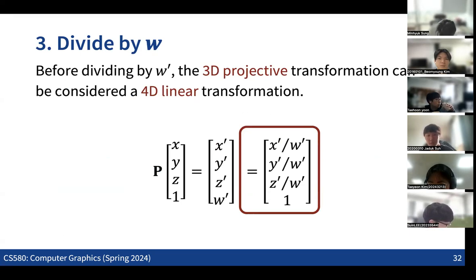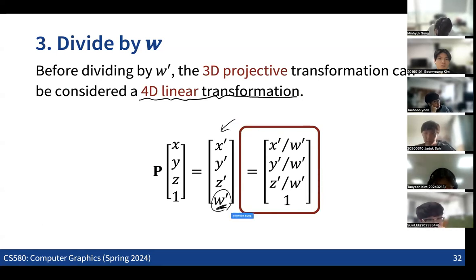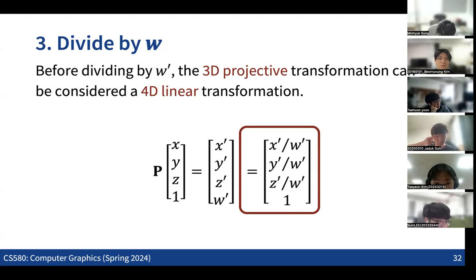And it becomes a projective transformation when you divide the output by the W coordinate. When you divide the final output by W, it becomes the final output of the coordinates in the projection. This becomes the real normalized